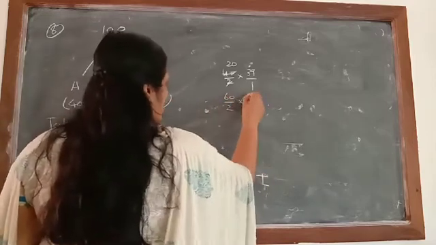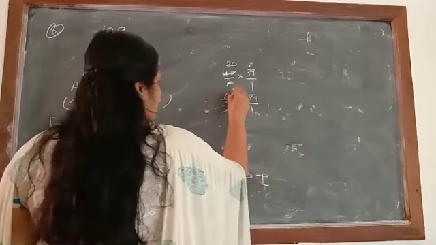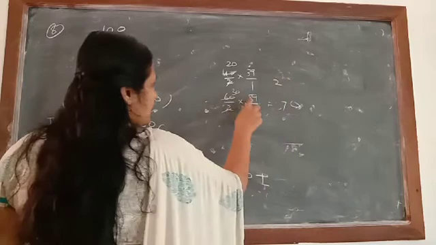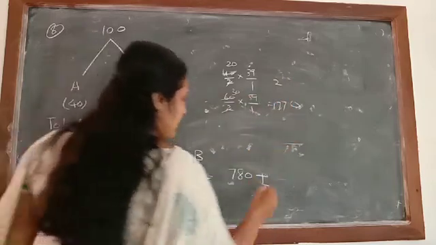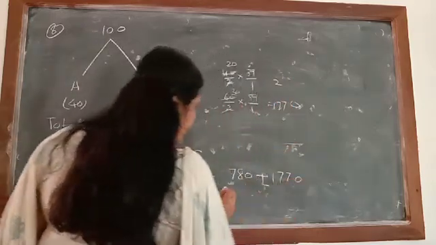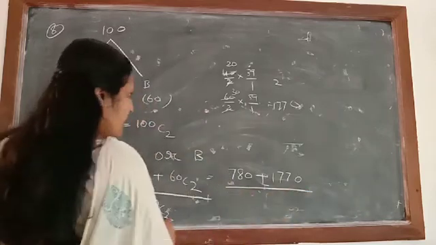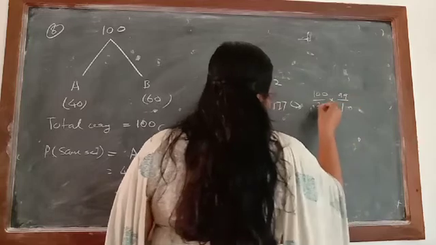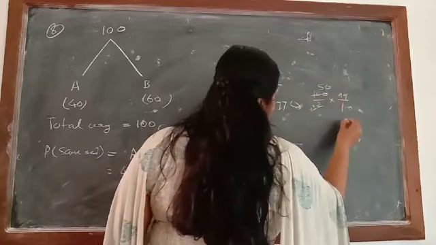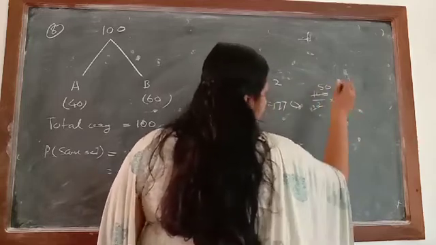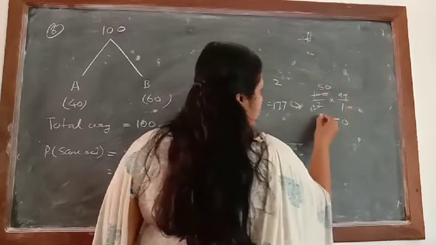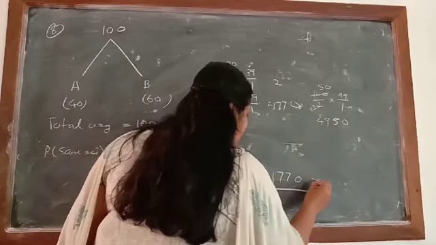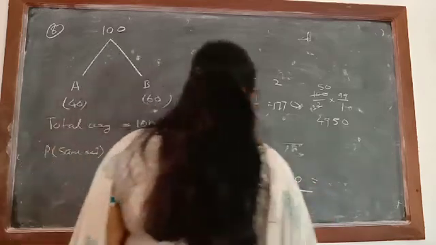60 by 2 into 59 by 1. So here we will get 0, 3 9s are 27, carry over 2, 3 5s are 15 plus 2, 17. So plus 1770, divided by 100C2. So 100 by 2 into 99 by 1. So 50 will come, then 0, 5 9s are 45, carry over 4. 5 9s are 45 plus 4, 49. So 4950. Now just add them, what will come?